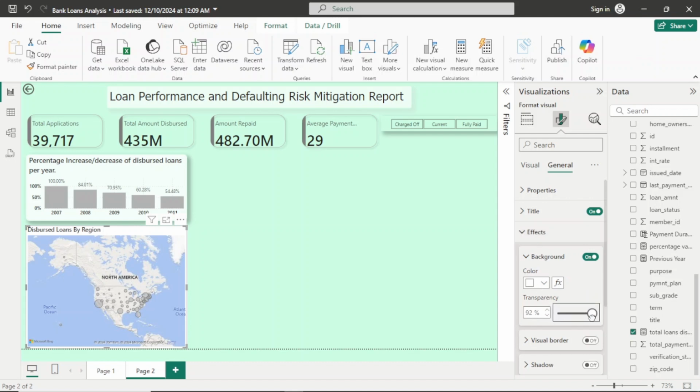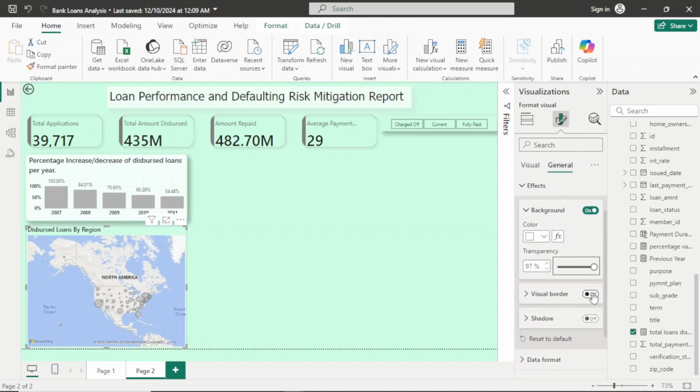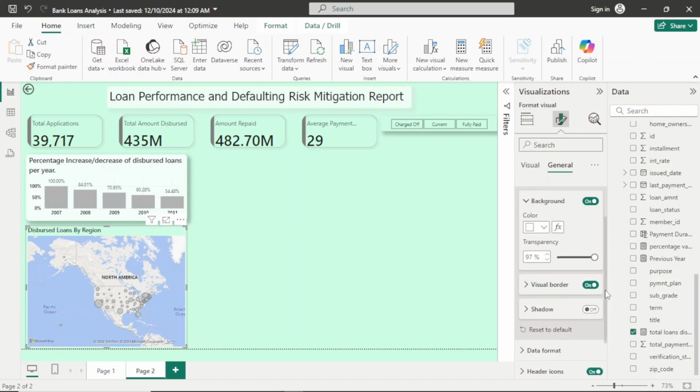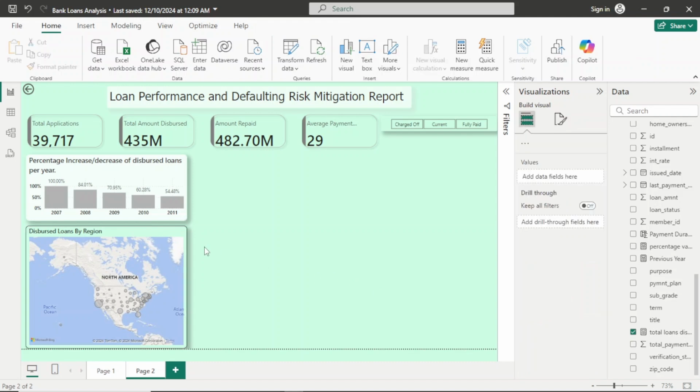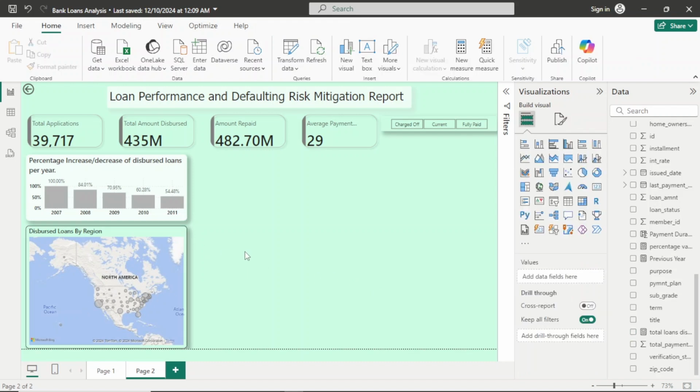So the transparency of the map can be 100% transparent, and that is okay. We will add a visual border here, of which we are going to increase the rounded corners to 10, and then we are going to add a shadow. Well, that is okay. So this analysis is showing us the disbursed loans by region, and we can see where